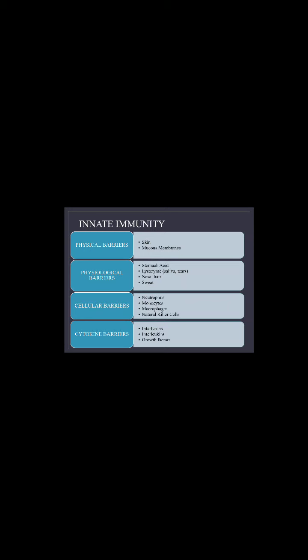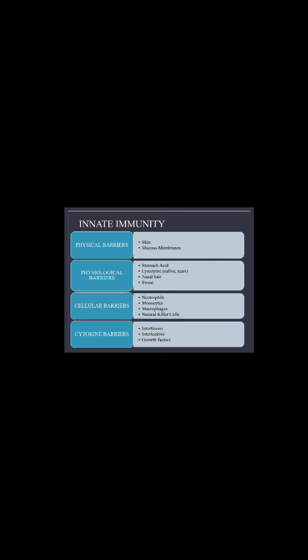So it is one of the main organs which does not let the microbes enter our body. And second is mucous membrane. The mucus secreted by mucous membranes traps the microorganisms and does not let them move. Like you will see the mucus present in your nasal tract or the respiratory pathway. So they are all trapped by the mucus. Any dust particles, microorganisms, all cannot enter the organ. So physical barriers are skin and mucous membrane.